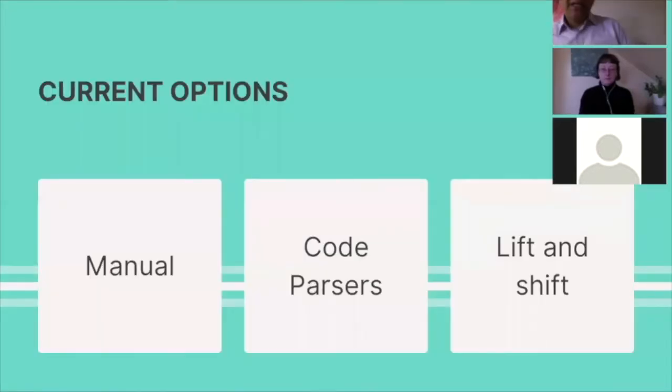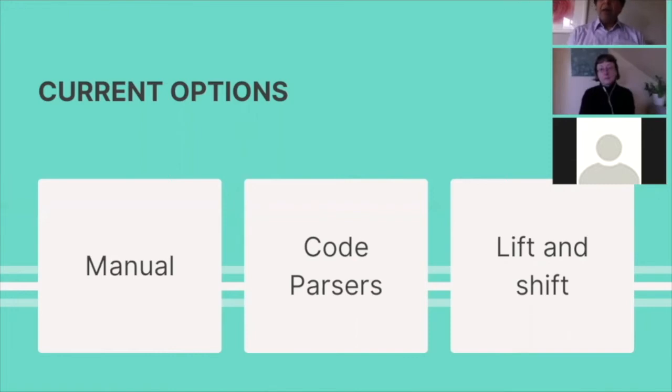We'll start with what are the options available in the marketplace. Traditionally, any migration of legacy software into any other form, either an on-premise J2EE type of environment or even a C# environment or anything that you have in place, is always done manually. You recruit external consultants or internal consultants. They will examine, and they do all the conversion for you. Code parsers have been around the last 2 decades. We'll have a more in-depth look at it in the next few slides.